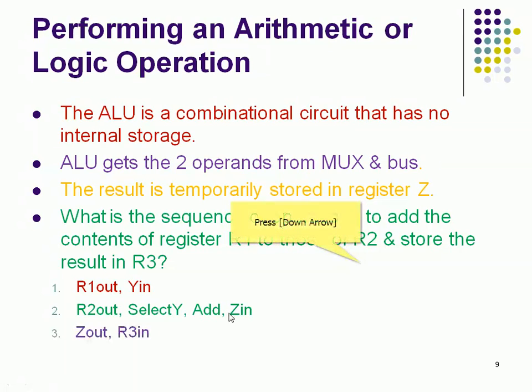Once it is available at Z in, then we have to push it into the destination. What is the destination register? R3, right? So Z out. Once you make Z out, what will happen at clock pulse 3, right? At clock pulse 3, the 3 steps indicate clock pulse 3, the contents of the Z value will be pushed out and made to roam at the